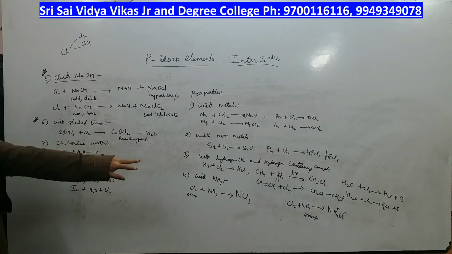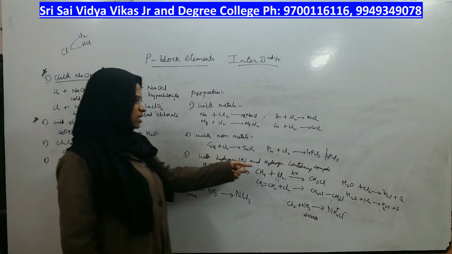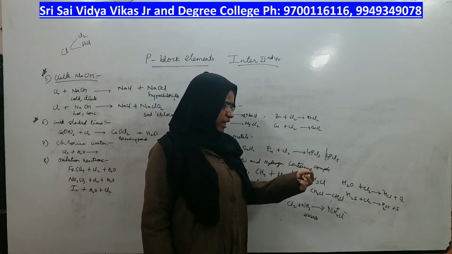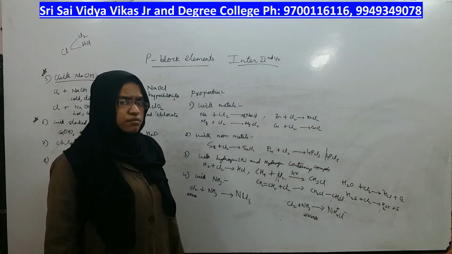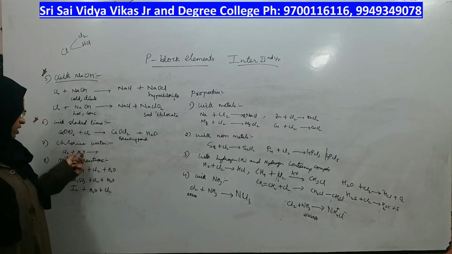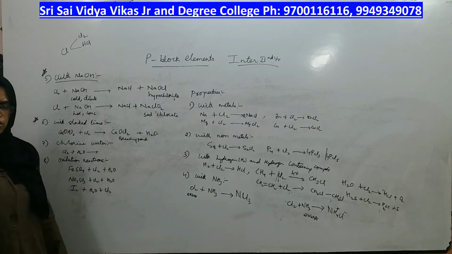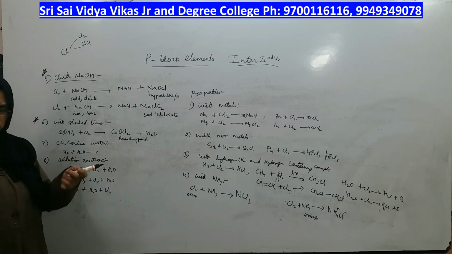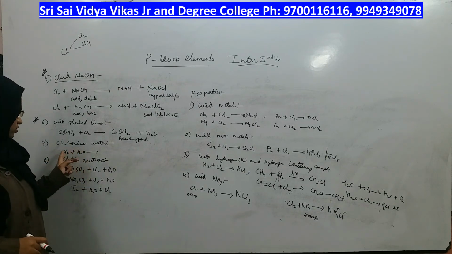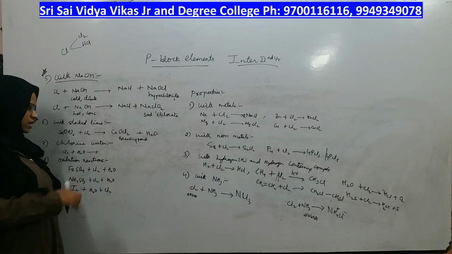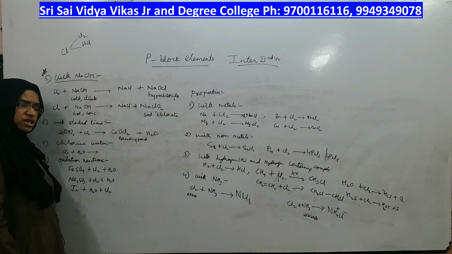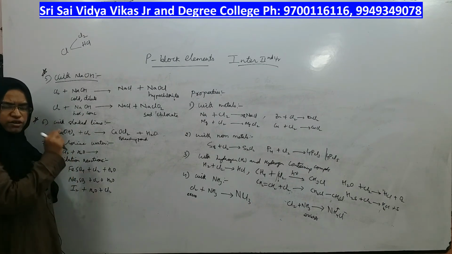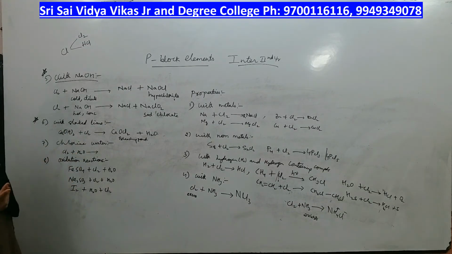What will chlorine give with water? We have seen this under the heading hydrogen containing compounds. If you add chlorine to water, you will get HCl plus oxygen gas. But if you add chlorine to water and leave it as it is for some time, mix chlorine and water and let it be. I told you that the color of chlorine is yellow. If you take chlorine water and allow it to stand for some time, then suddenly you will see that the yellow color of the water disappears, because chlorine is no more present and it releases nascent oxygen.